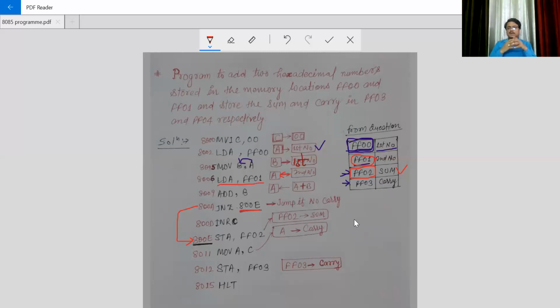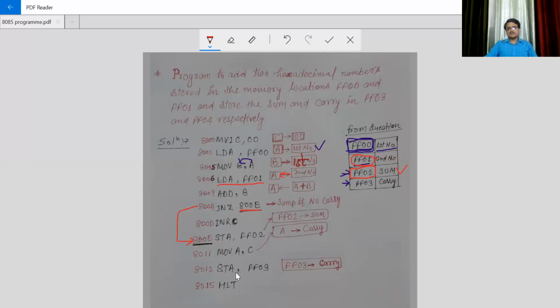First of all, we will move the data of C into A, so let us use MOV A, C. The data of C will be moved to A, and the value in C was the carry, so this carry is now moved into the accumulator.